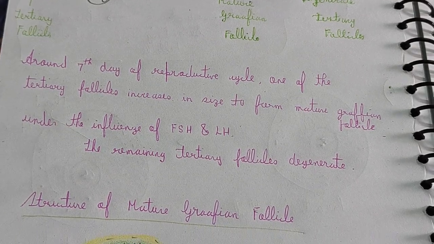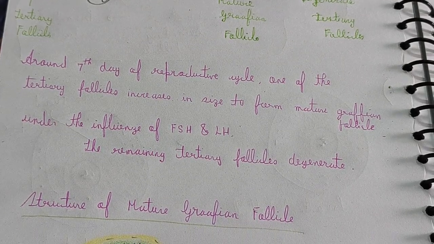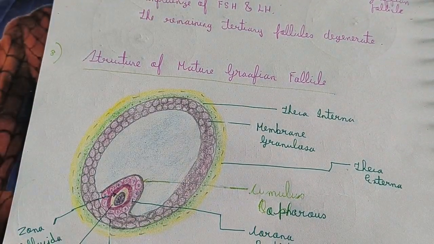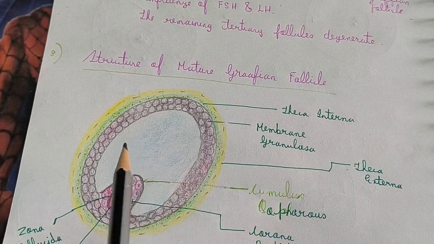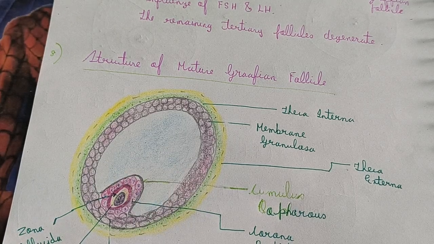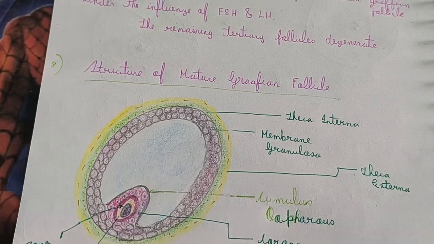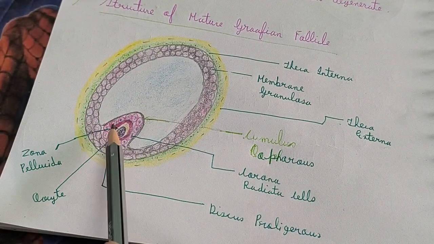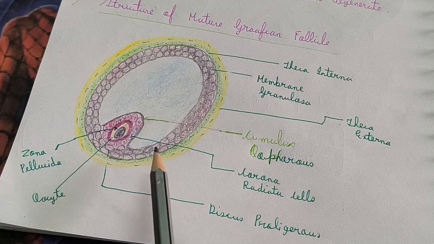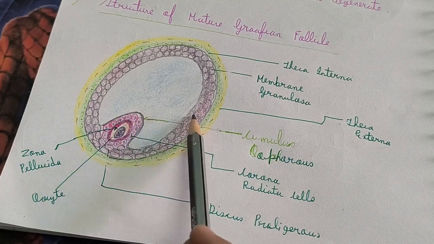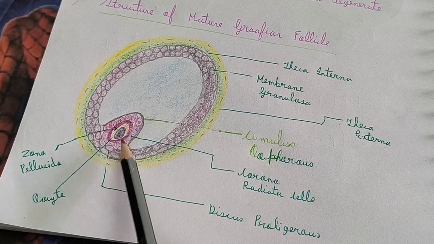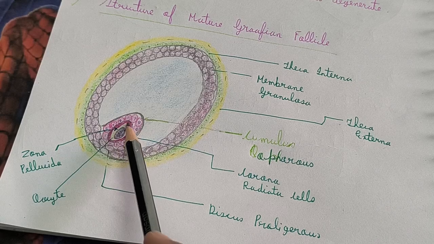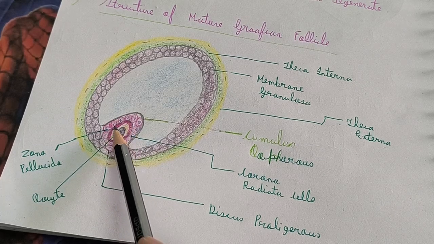Now I am going to discuss the structure of the mature Graafian follicle. First of all, as you have already understood, the antrum is made in the tertiary follicle, but now we have to see the mature Graafian follicle. The oocyte is present at one part. Here there are some granulosa cells. All these are granulosa cells, but all the granulosa cells that immediately surround this primary oocyte and the zona pellucida